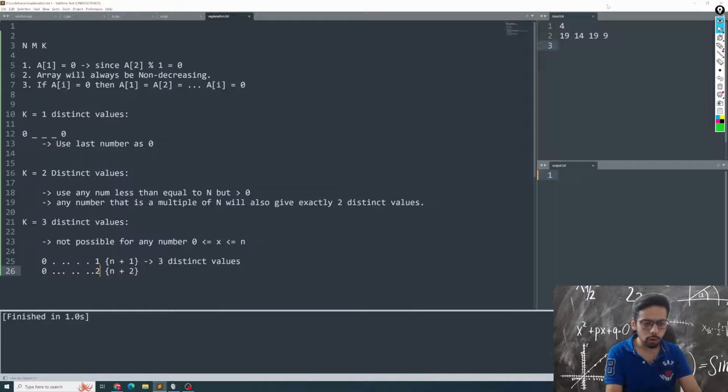Again, n plus 2 modulo n is 2, and then this will be a 2 all the way till 2 mod 2, which becomes a 0 then. This is again 3 distinct values. How about n plus 3? Same thing will happen again. N plus 4. This will keep happening all the way till